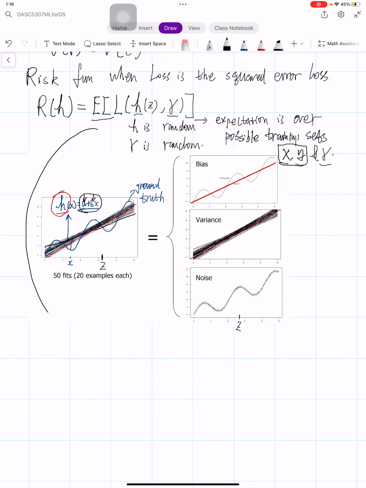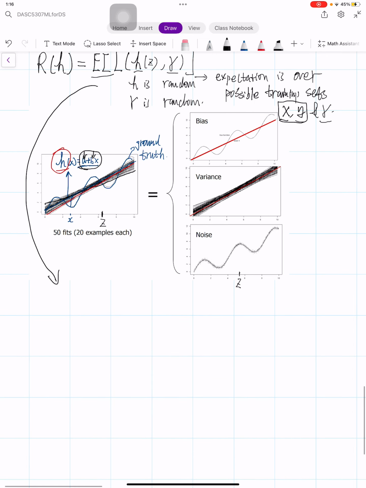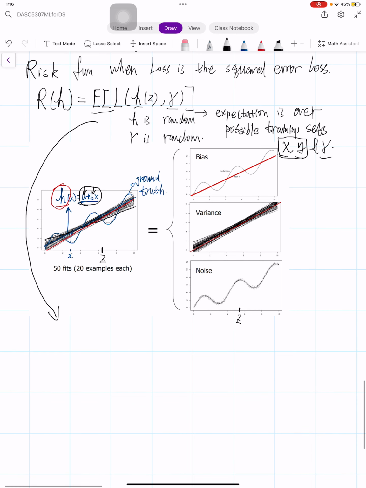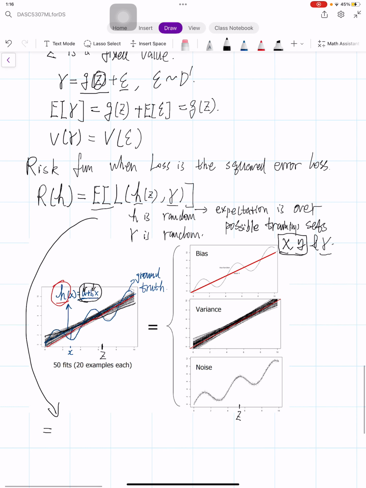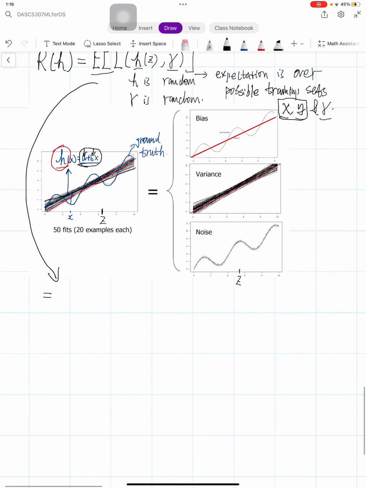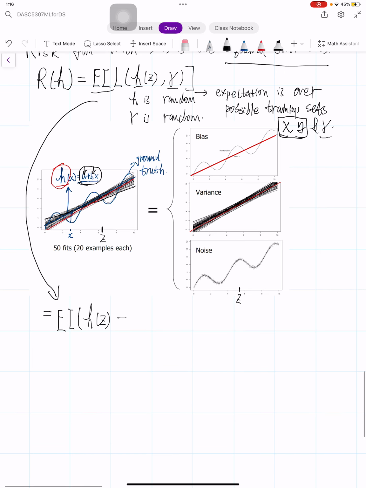Now next we're going to simplify and calculate this risk. If we assume the loss is a squared error loss, we can have the expected value of hz minus gamma, squared. Okay, and this is equal to